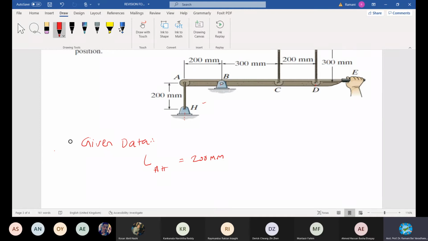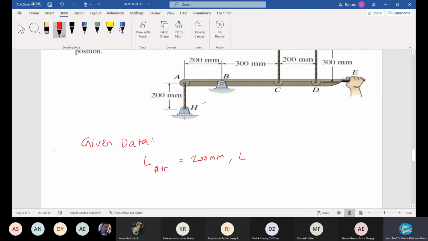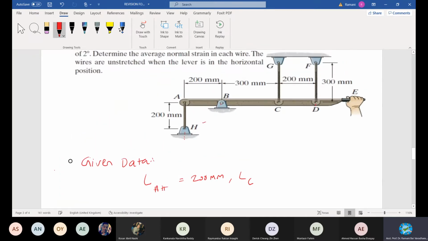Because I'm going to find all in mm, a convenient way. And then what is the length? I write here to save some space. Original length of GC before applying load. Before turning in, the original length of GC will be how much is it? Anybody? Original length of GC will be